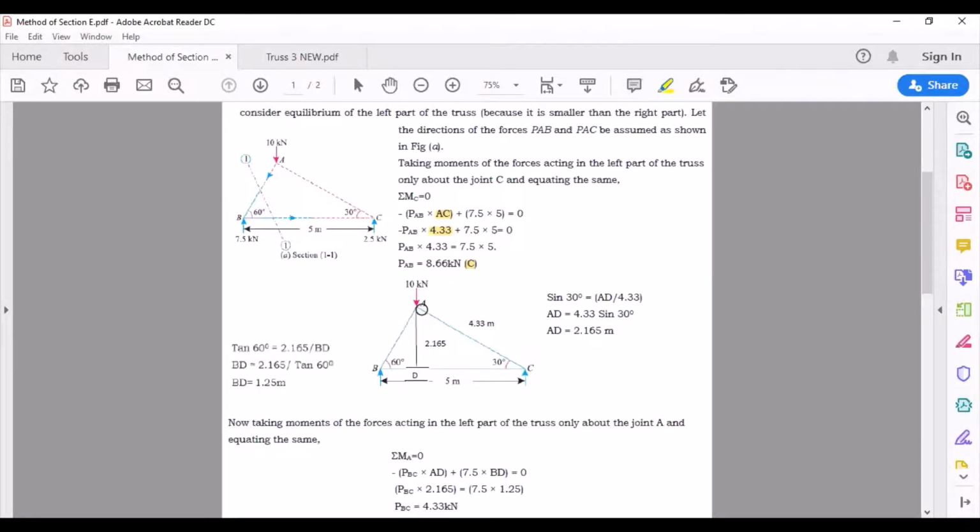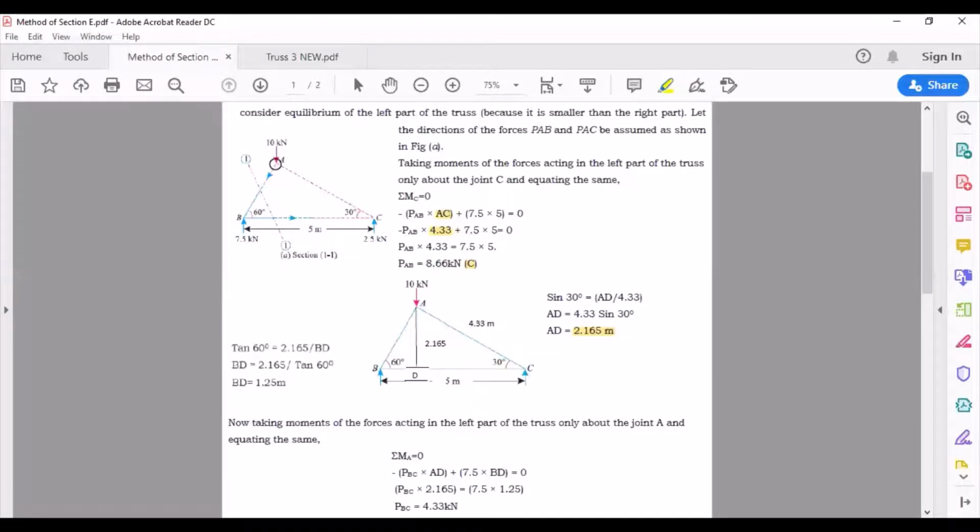In right angle triangle ADC, sine 30 is opposite by hypotenuse, that is AD divided by 4.33. Therefore AD is 4.33 sine 30, which happens to be 2.165 meter. So the vertical distance between moment center A and the line of action of member force BC is